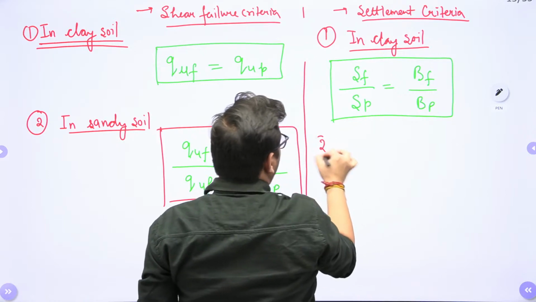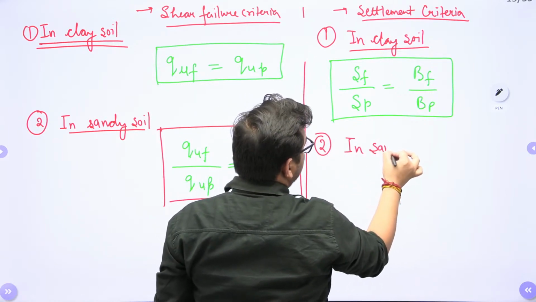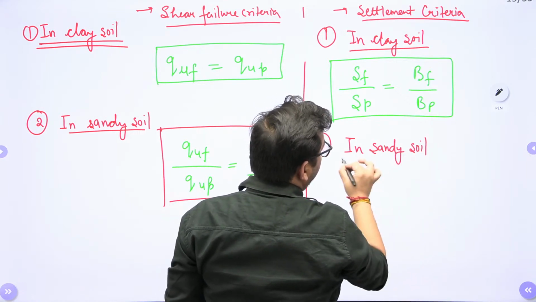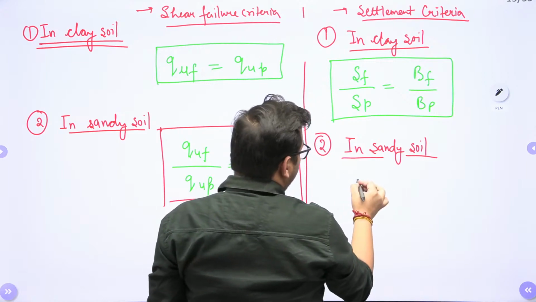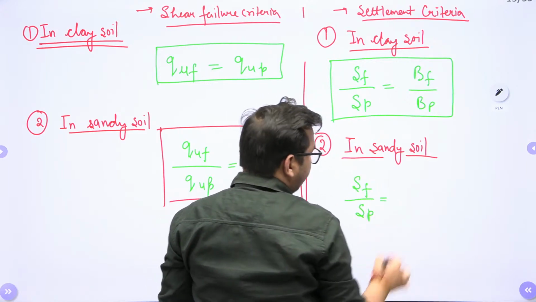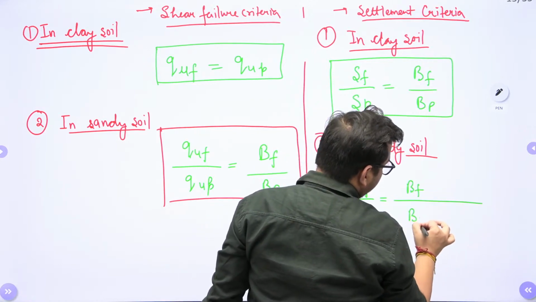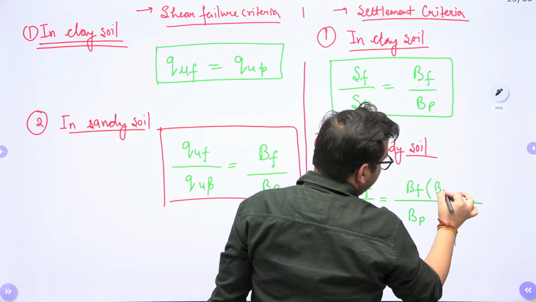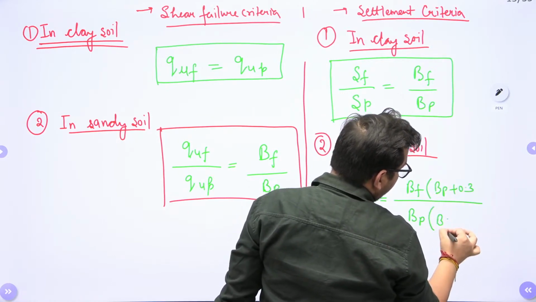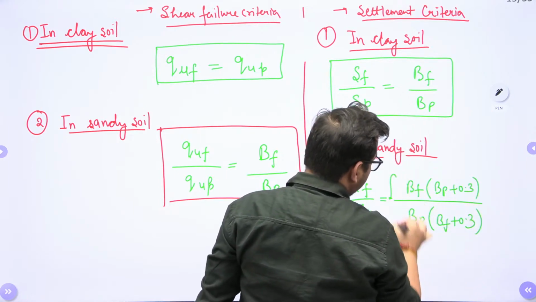Same, if we talk about sandy soil or cohesionless soil, the settlement of foundation to the settlement of plate is given as width of foundation to width of plate, multiplied by (width of plate plus 0.3) upon (width of foundation plus 0.3), whole square,